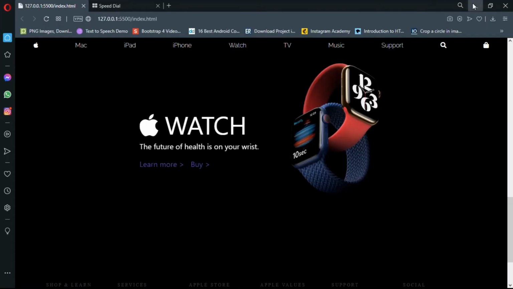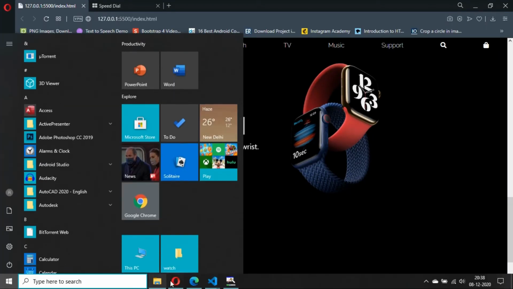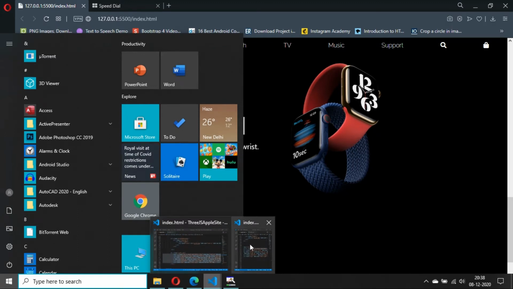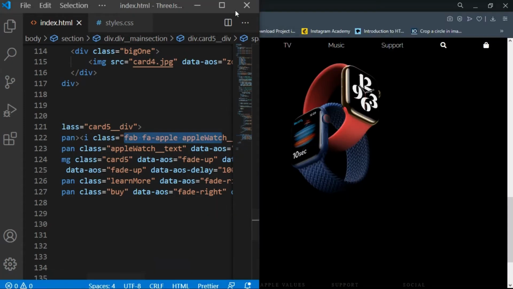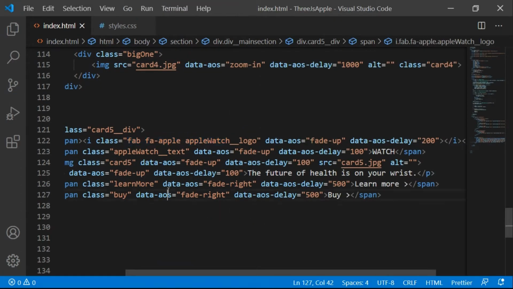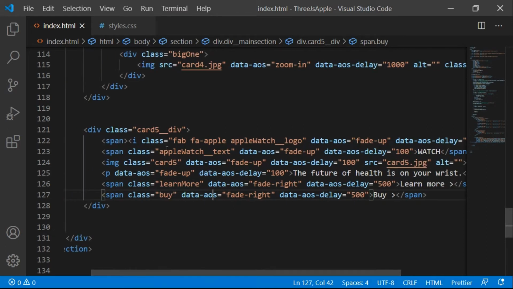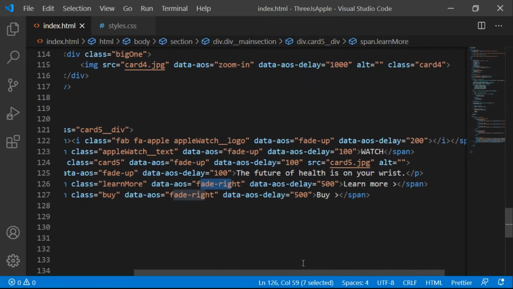Okay, so let's minimize this and go to Visual Studio Code. Let's maximize this, and we've got this Apple Watch underscore text here, where the data-aos will be fade up animation and the delay will be 100, and fade right, that is the same thing. You can just pause the video and observe it.